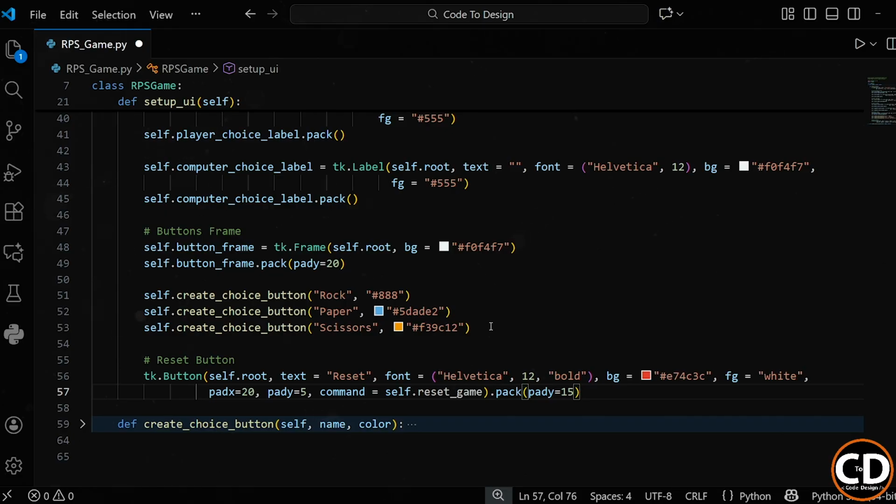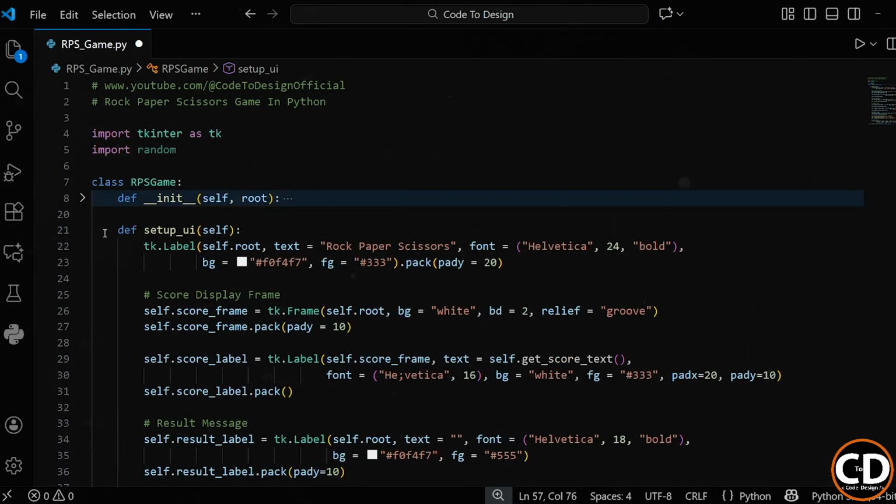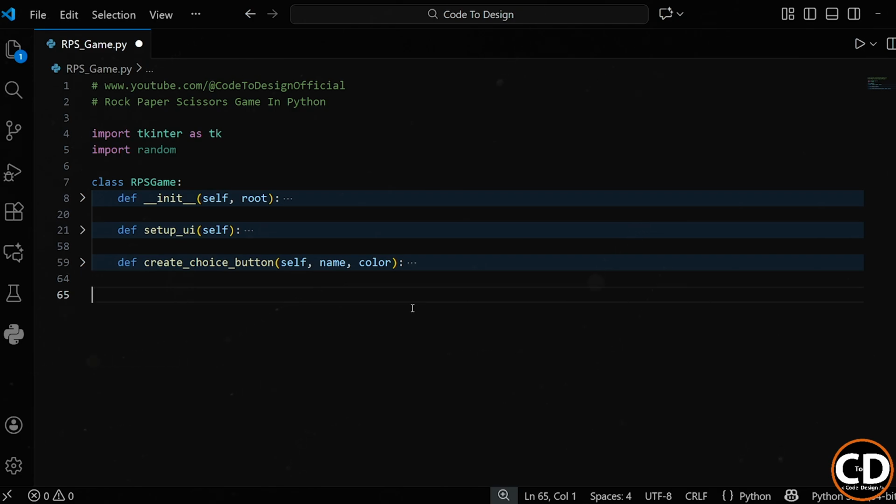And finally, we end it with the pack method, which places the reset button on the screen and adds 15 pixels of vertical space. So now we've completed the full interface. We've got a clean title, score tracking, dynamic labels for results and choices, buttons for player interaction, and a reset button to start fresh whenever needed. Now we're going to build the actual game logic, the part that decides who wins each round, updates scores, and